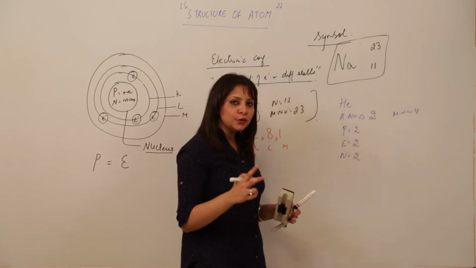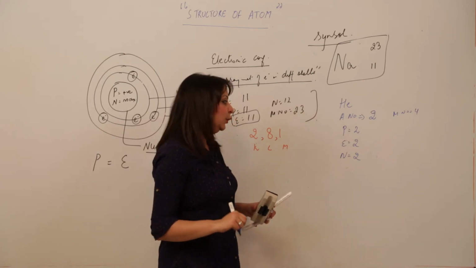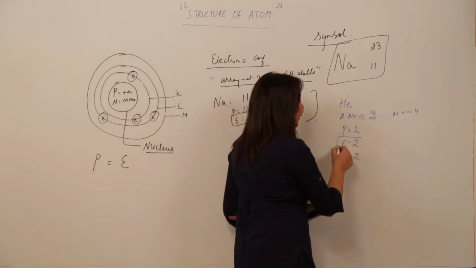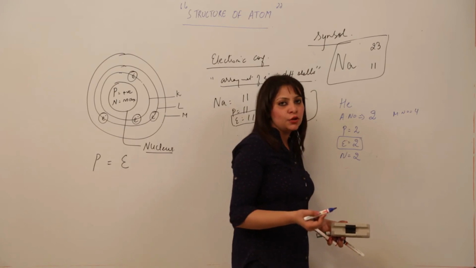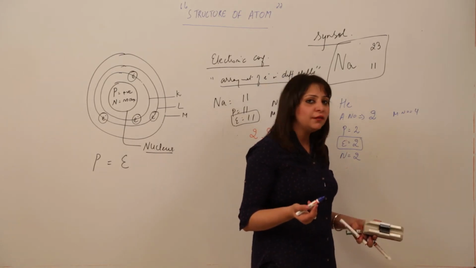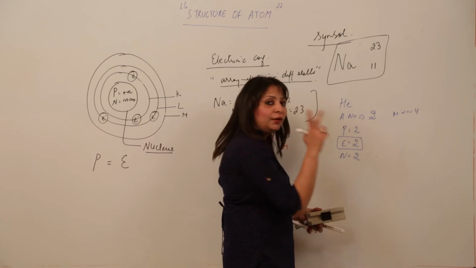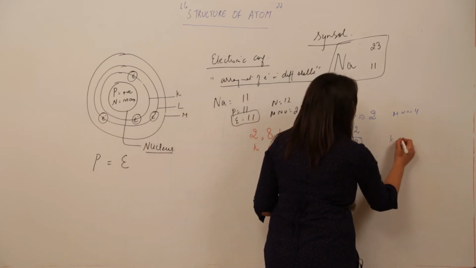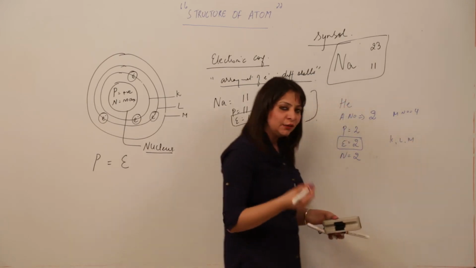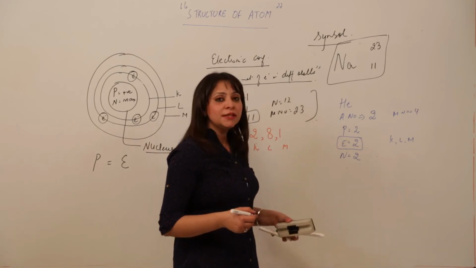So that means proton 2, electron 2 and neutron 2. Now looking at the configuration, for electronic configuration we use only the electrons because it is actually the arrangement of electrons in the shell. So it has got only 2 electrons. So let us write the name of the shell starting with K, L, M, then we will fill it. Then electrons are 2.